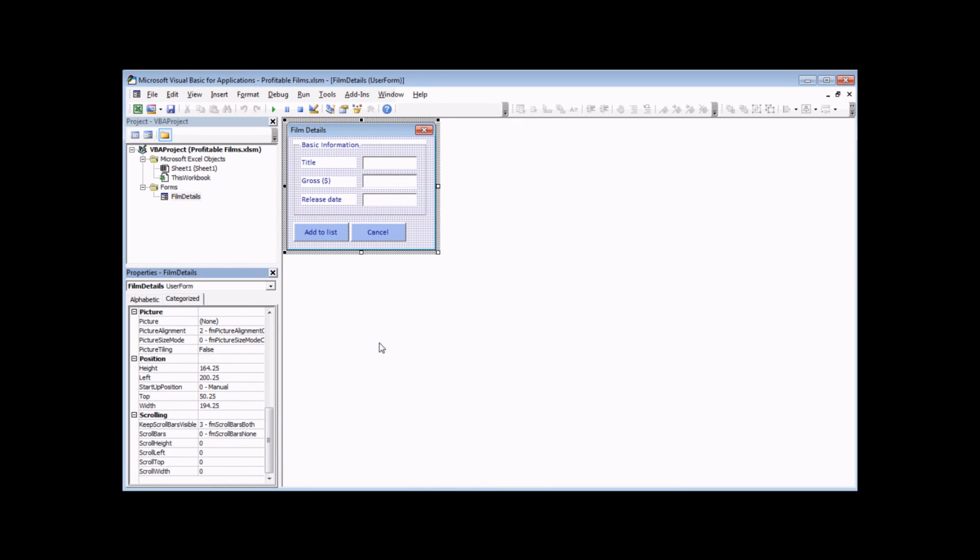I'm going to set the startup position of my form back to center owner, the default setting, and then I'm going to talk about a slightly better way to get your forms to run from an end user perspective. You certainly don't want your end users to have to come into the VB editor and choose to run the form. So we're going to end up with either a button or a keyboard shortcut the user can press to